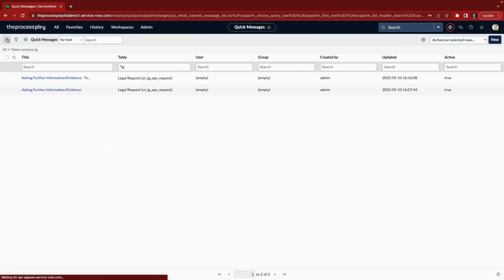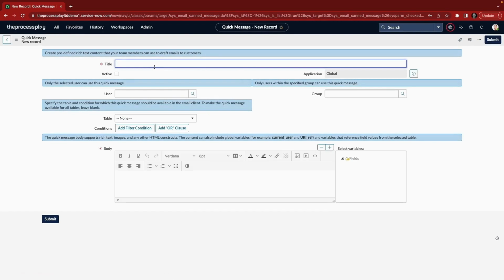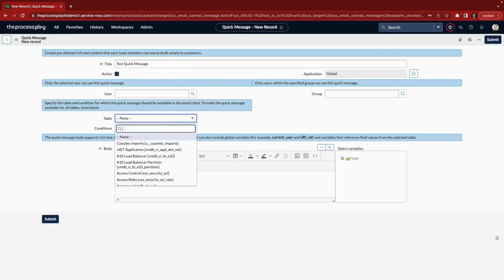What we're going to do though, in addition to this, is we're going to create a new one straight from the list view. So we've got a different requirement, and we want to just create a new one from scratch. And I'm just going to put test quick message in here. Just do a really, really quick run through of setting one up brand new. I'm going to want it to be active. We're not going to put any limitations on the user or the group, and we're going to select the table